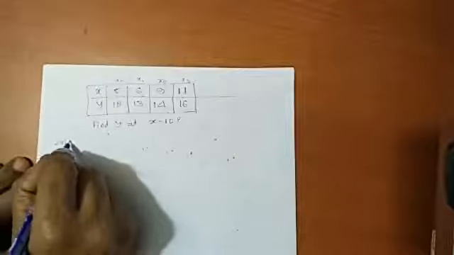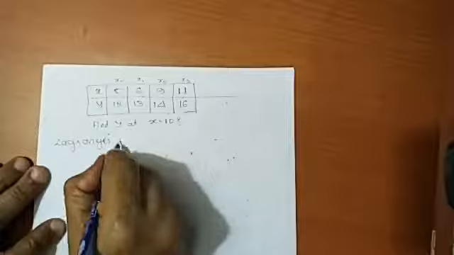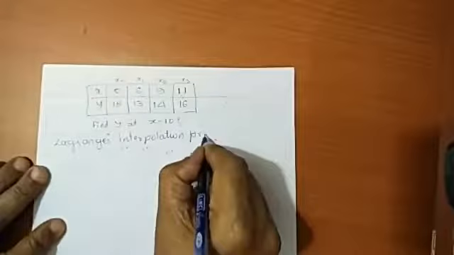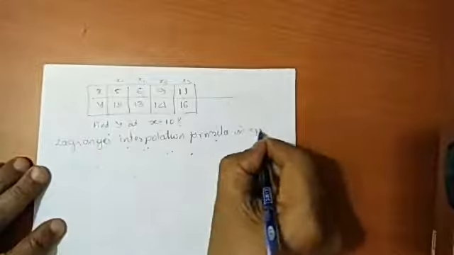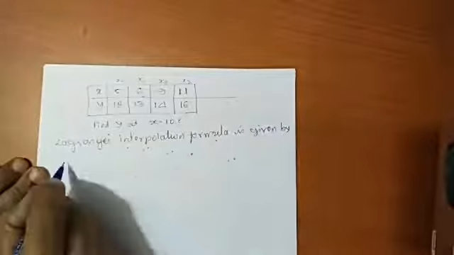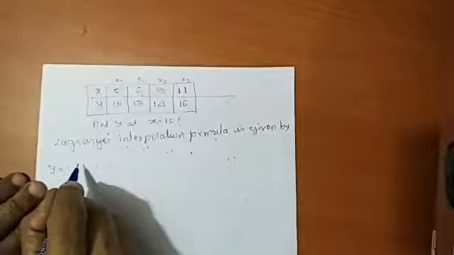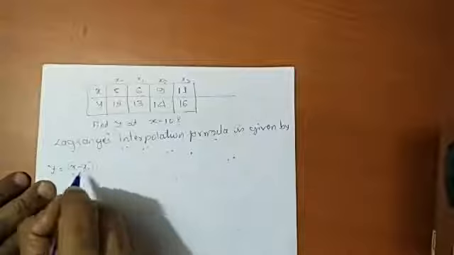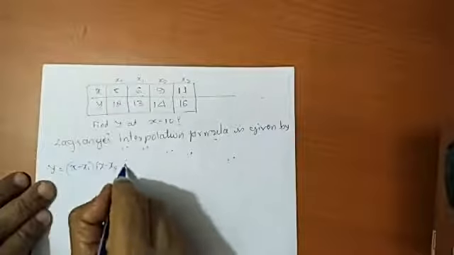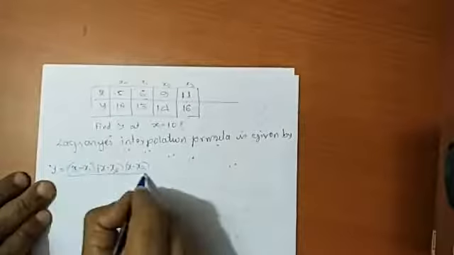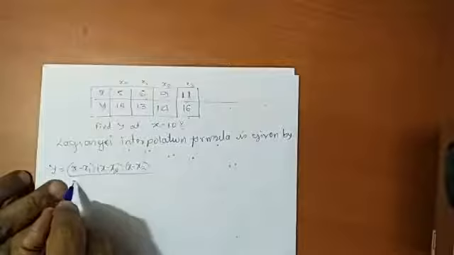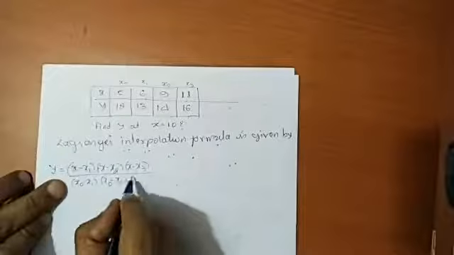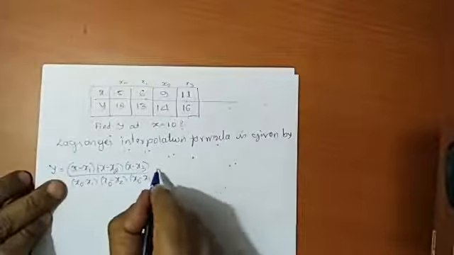So now, Lagrange's interpolation formula is given by, I write down the formula now. y = I start with, in the first term the x − x0 factor is not there, it is (x − x1)(x − x2)(x − x3) divided by, in the denominator I replace x by x0, so (x0 − x1)(x0 − x2)(x0 − x3) times y0